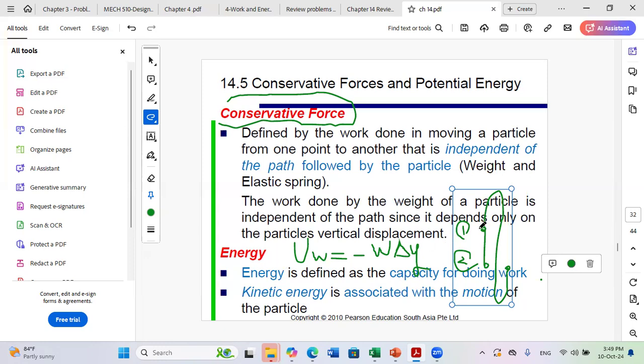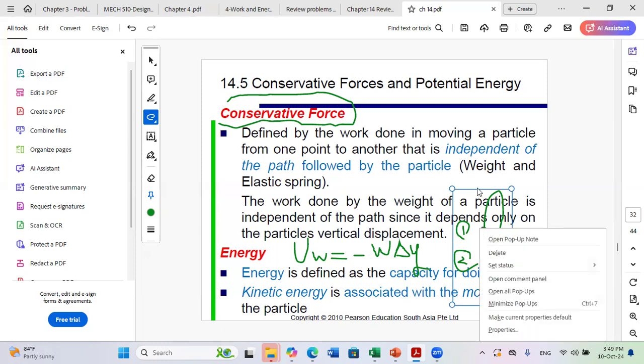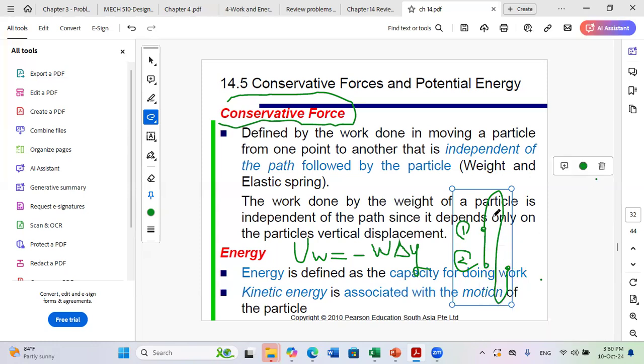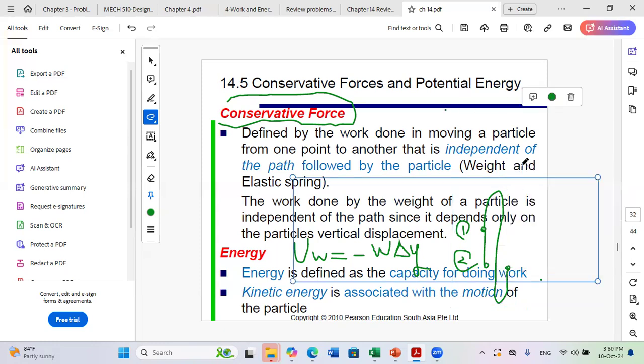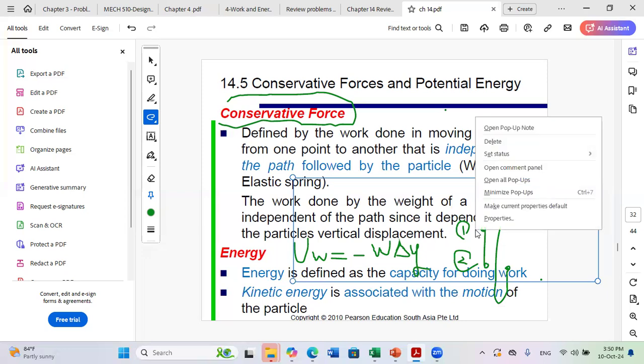Because when you move up, for example, you gain gravitational potential energy. But when you move back down to the same position, you lose it again. So your energy is conserved. While if you imagine that you have friction, the larger the distance you move, the more energy you lose, because the friction will always oppose your motion. While for the weight, when you move up, it will oppose you. When you move down, it will help you. Okay? So the energy is conserved in this way, and we just have to take into consideration the initial and